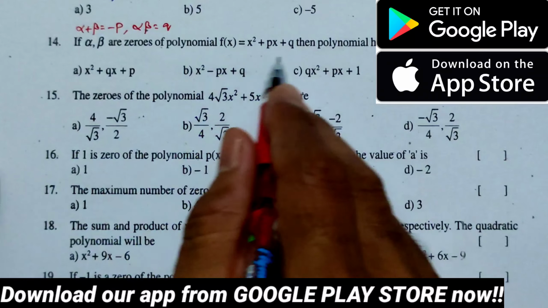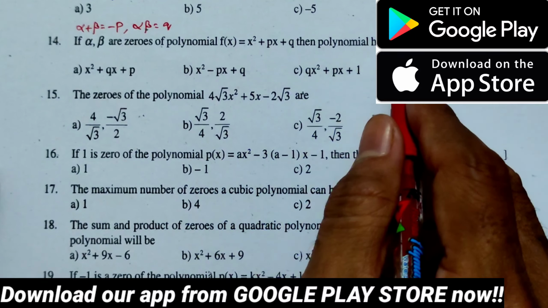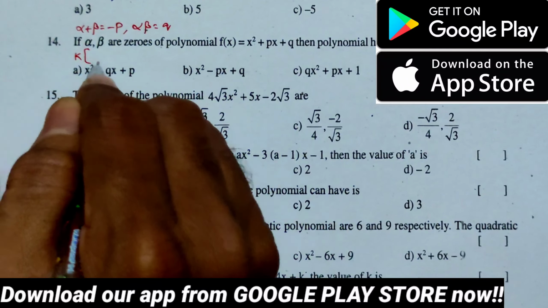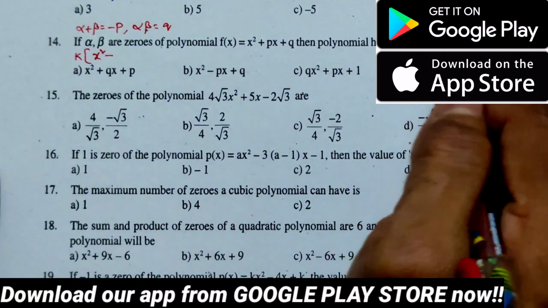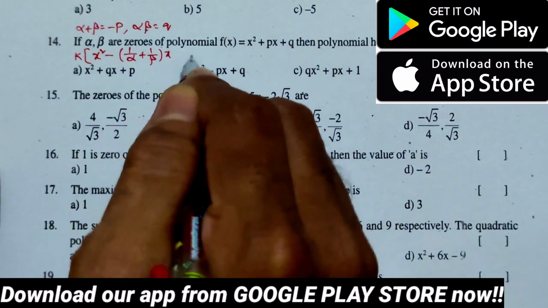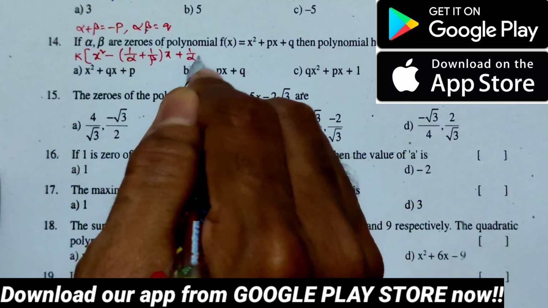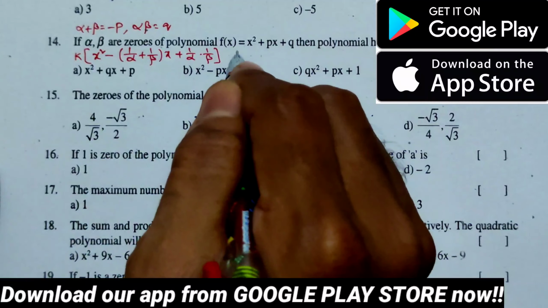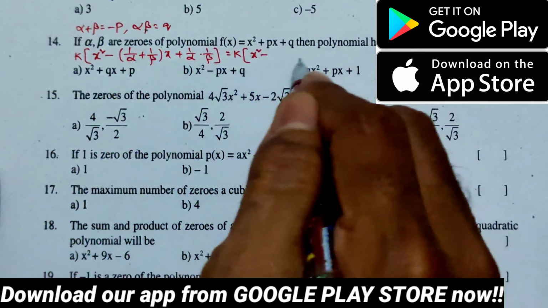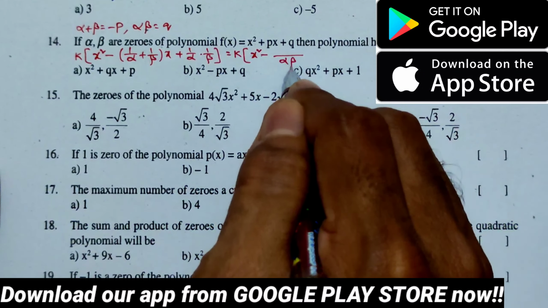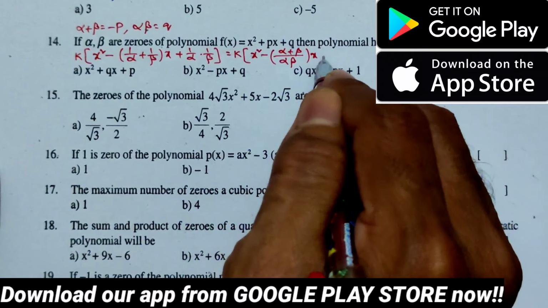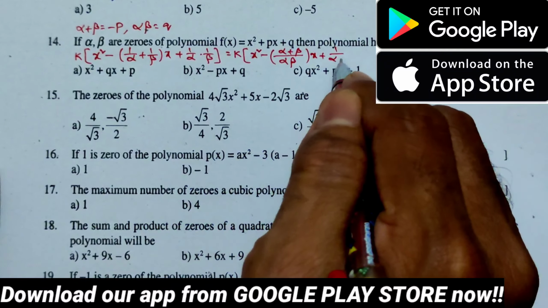Now here let us consider the value. So here we are asked to find the polynomial whose zeros are 1 by alpha and 1 by beta. So let us write the polynomial as k times x square minus the sum of the zeros, means here the required zeros are 1 by alpha plus 1 by beta, times x plus the product of the zeros, so that is 1 by alpha into 1 by beta. Now here let us simplify it, k into x square minus, here we take alpha beta as LCM, so here this is beta plus alpha, we can say alpha plus beta, times x plus here 1 by alpha into beta is 1 by alpha beta.